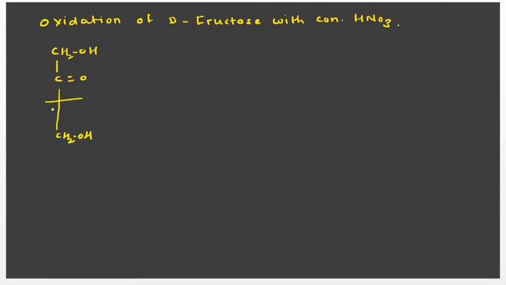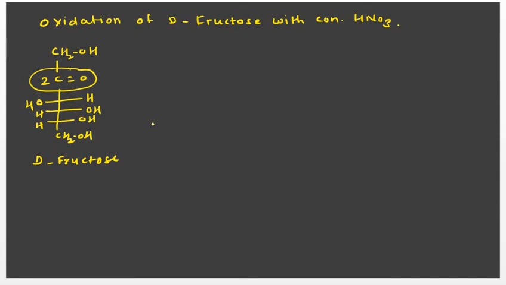In between, there are three carbons, so OH, OH, H, OH, H and H. So this is the structure of D-fructose. It is a ketose. So what is the difference between D-fructose and D-glucose? In D-fructose, at carbon number 2, there is a free carbonyl group. Remember. Now when this fructose is oxidized with concentrated HNO3,